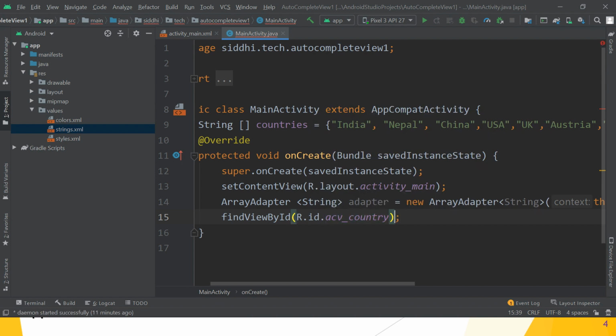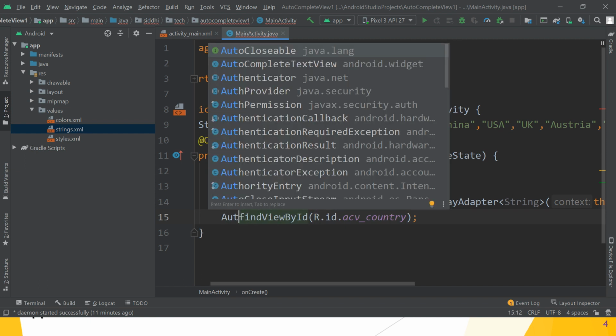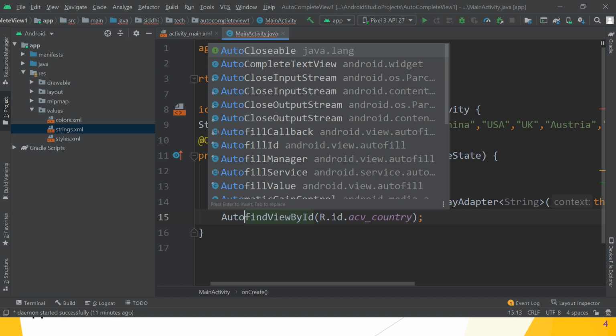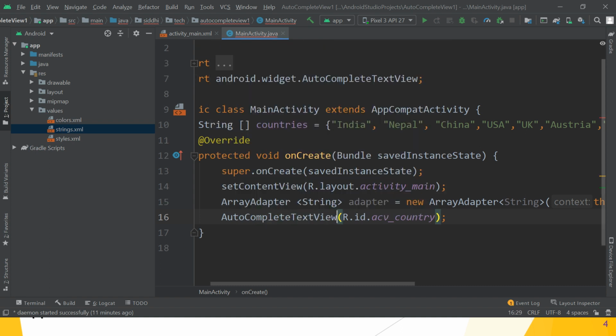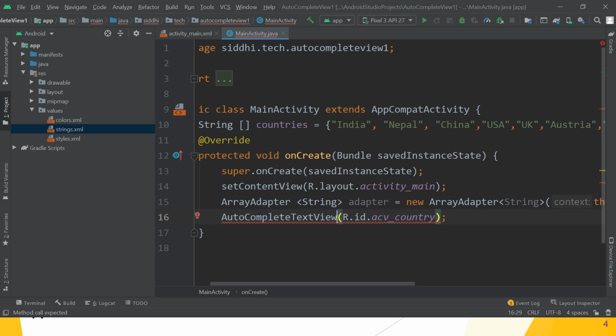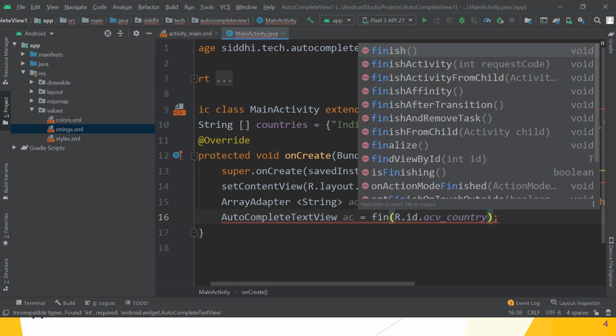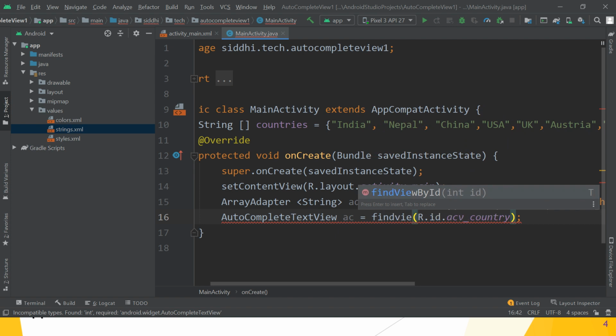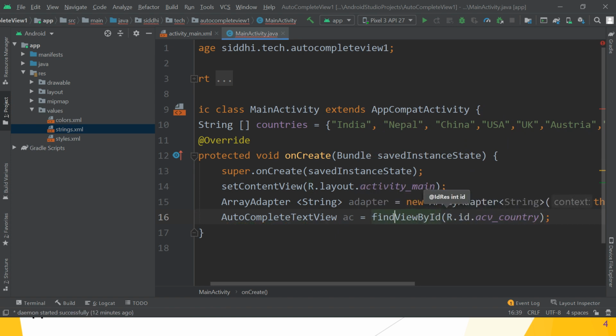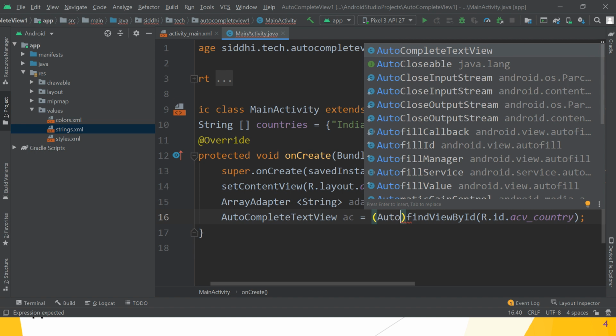So here, AutoCompleteTextView AC is equal to findViewById, R.id, and typecast into AutoCompleteTextView.